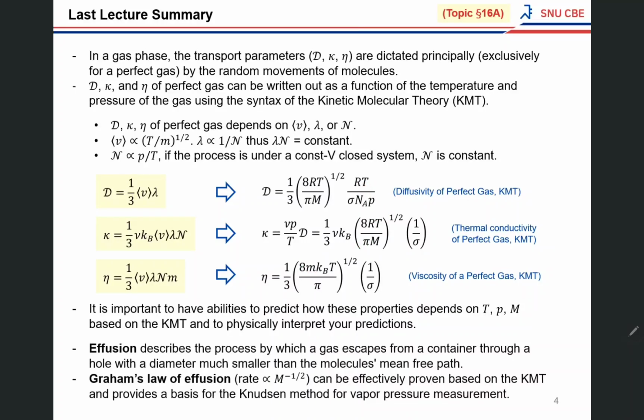We also discussed effusion based on Graham's law of effusion, and we went through one example about the partial pressure of a very heavy atom, which is cesium, right? So today we are going to